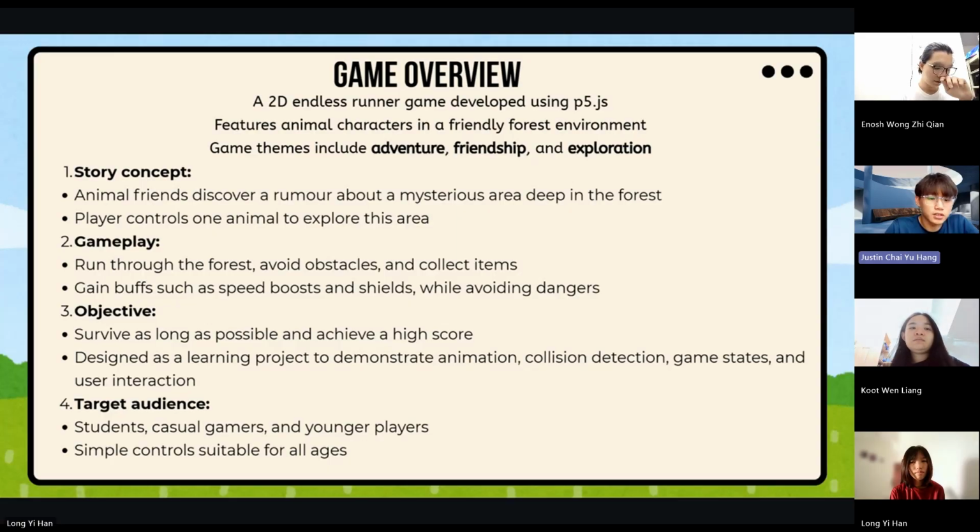It is designed as a learning project to demonstrate animation, collision detection, game states, and user interaction. Our target audience is students, casual gamers, and younger players. It has simple controls suitable for all ages. So I will pass to the next person.